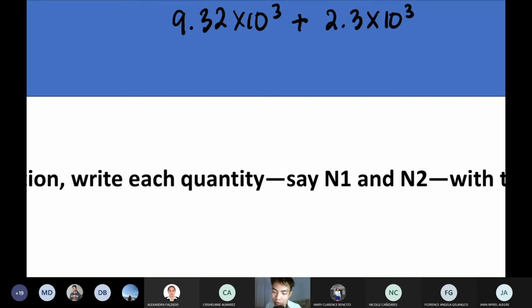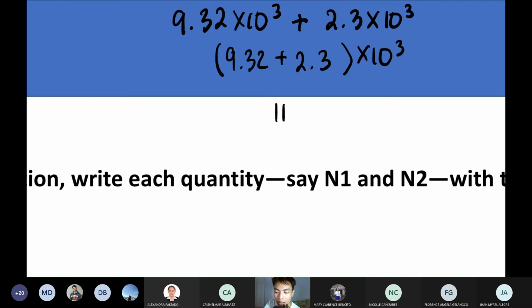Kunwari, ito. 9.32 times 10 raised to 3 plus 2.3 times 10 raised to 3. Ano ang gagawin? You check whether the exponents are the same or not. So, are they the same? Yes, they are both times 10 raised to 3. So, kopyahin mo lang yon. And then, ano gagawin mo sa coefficient part? You add them. So, that's 9.32, 2.3. Pag-add mo sila,